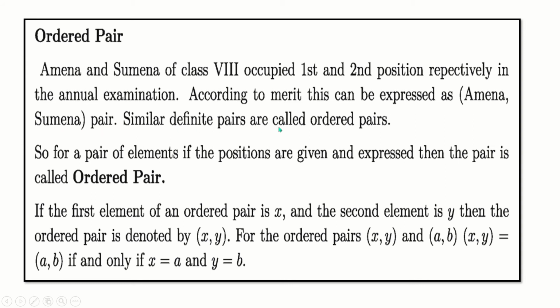Similar definite pairs are called ordered pairs. That means the first position will be Amina, the second position will be Sumena. So for a pair of elements, if the positions are given and expressed, then the pair is called an ordered